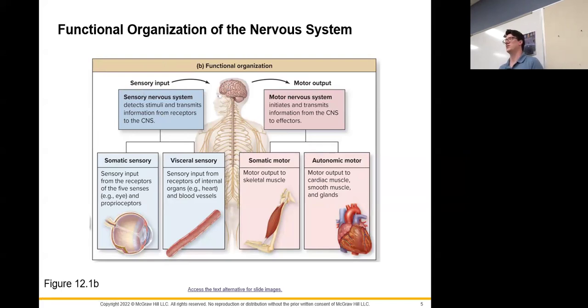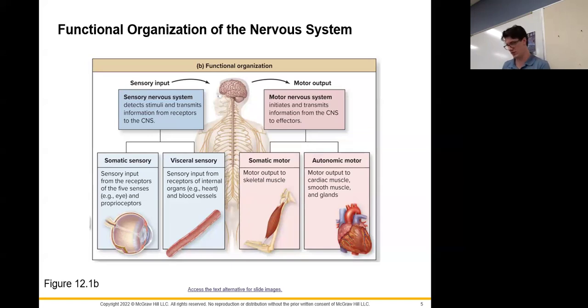Okay. Whether it is sensory information coming from your body, so from various receptors, from something like, say, your eye with all the visual information, your nose for smell, your skin for touch, your skin for things like temperature, your gut for, hey, I'm hungry. Okay, that's actually more visceral. I'm trying to think. Your proprioceptors, so the sensory receptors in your muscles and in your tendons telling you where your arms and legs are in space. These are all types of things that we are going to associate with the somatic sensory portion of the nervous